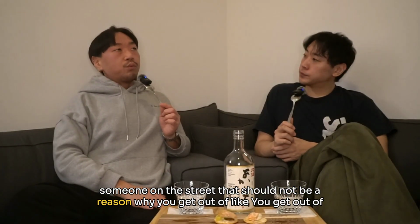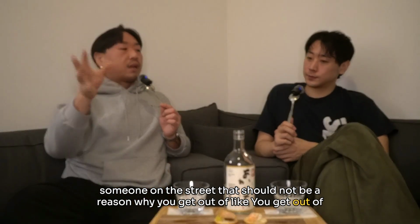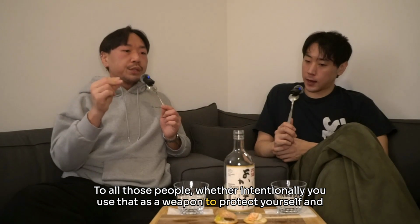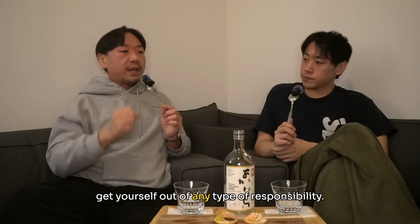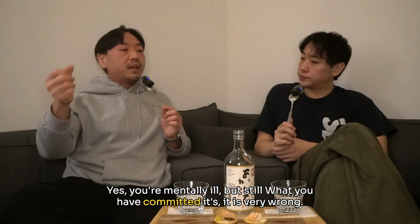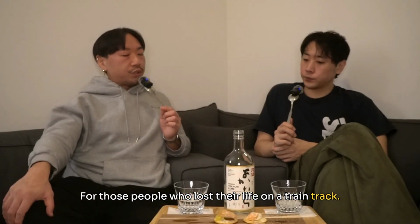That should not be a reason why you get out of it after you commit something heinous, right? To all those people, whether intentionally you use that as a weapon to protect yourself and get yourself out of any type of responsibility, I'm sorry, you don't get a chance. Yes, you're mentally ill, but still, what you have committed is very wrong. For those people who lost their life on a train track,